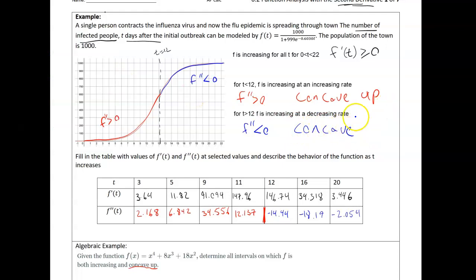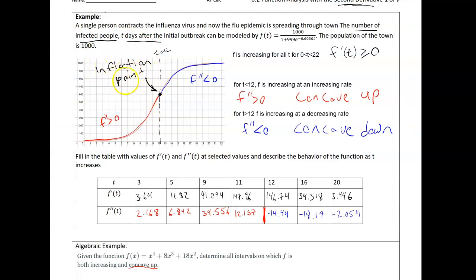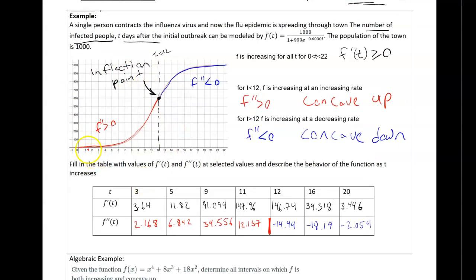So that is vocabulary that we will need. And this point in the middle, where concavity changes, we call an inflection point. This is all vocabulary we'll need to know. And it's also good to think about what these words mean. So notice on my red interval here,